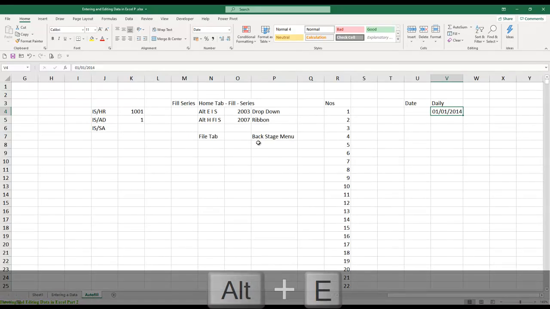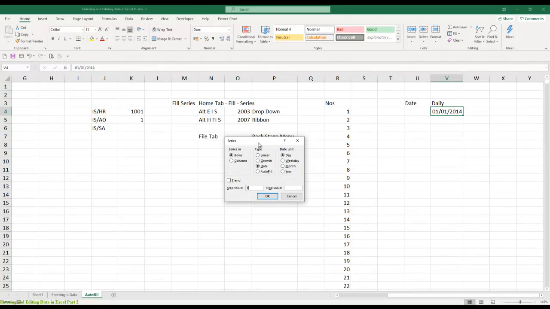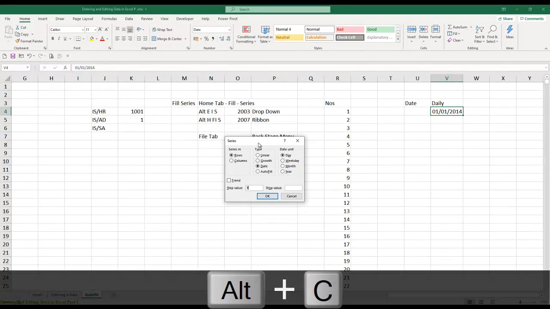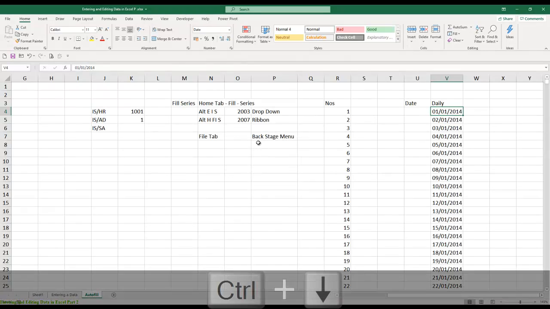To do that, I'm going to press Alt EIS again. That's my keyboard shortcut to pop up my fill series box. I'm going to give Alt C, and tab it until the last line. Here I cannot give a number because I don't know after 4 years what the number will be. 365 days, sometimes it will be 366 days and so on. So I don't want to do anything funnier, I'll just add the date and the year. You can do the last 2 digits of the year, or if you want, type all 4 digits of the year. It's up to you. Now when I give an enter, you can see that it populates the